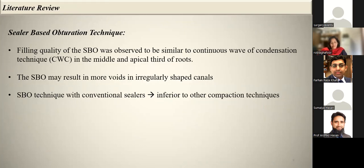Some authors have suggested that the filling quality of SBO is not inferior but rather superior to continuous wave condensation technique, और इस पर उन्होंने रेफरेंस 4 और 7 दिया हुआ है। इसका मतलब ये कहना चाह रहे हैं कि इंफीरियर नहीं बल्कि सुपीरियर है। तो जाहिर है जो स्टडीज कोट हो रही हैं दे शुड टेल दैट जो एसबीओ है वो सुपीरियर है सीडब्ल्यूसी से, ऐसी ही बात है ना